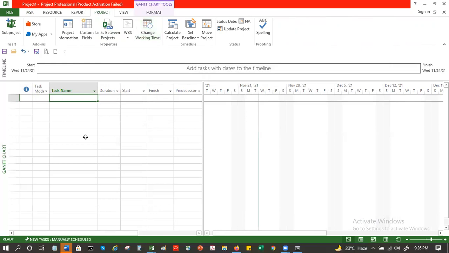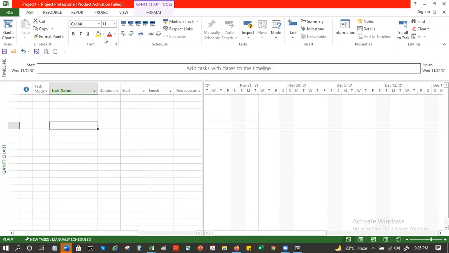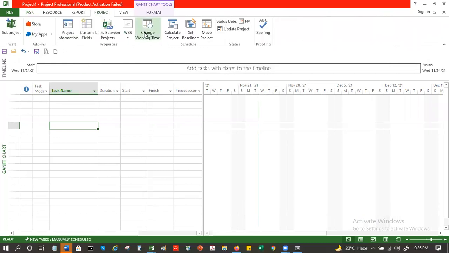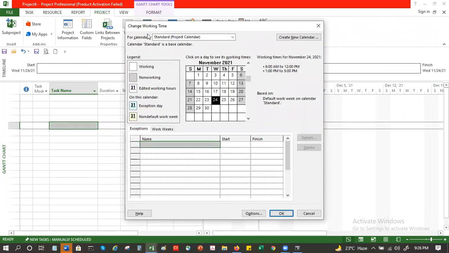Let me show you one more time. I go to Project and there's a Change Working Time option under Properties. This is the properties that you can see here. This is Change Working Time. I click on it. And I can see default.